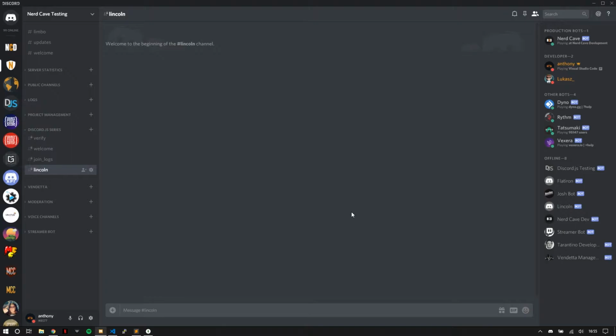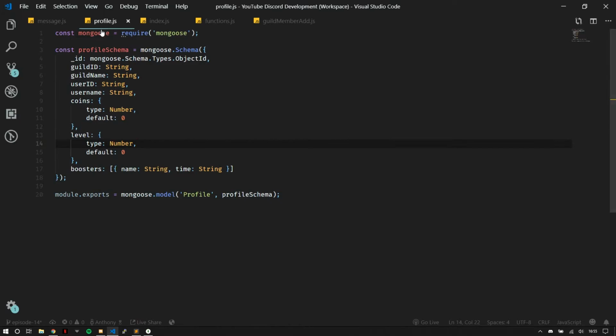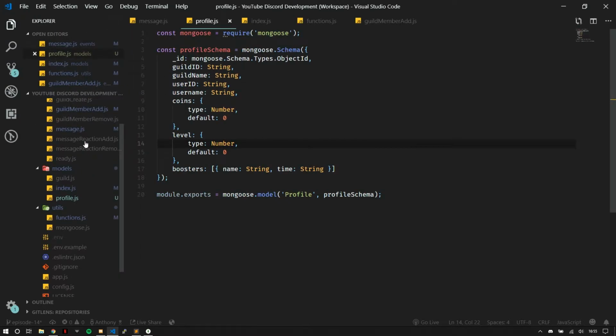Basically, whenever a user sends a message, either a command or a message in general, they'll have a chance of gaining coins. And we're going to be using a certain algorithm for how coins would be generated, and not only would the algorithm apply to that, but it could also apply to random messages. Anyways, the first thing we're going to look at is a new MongoDB schema that we have